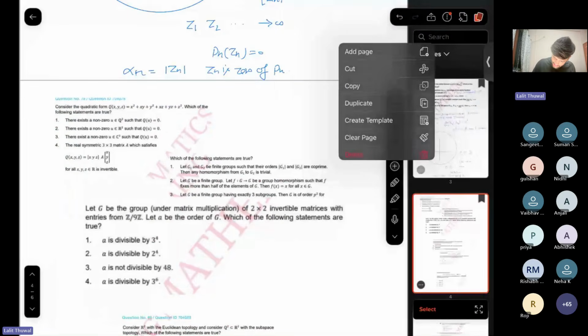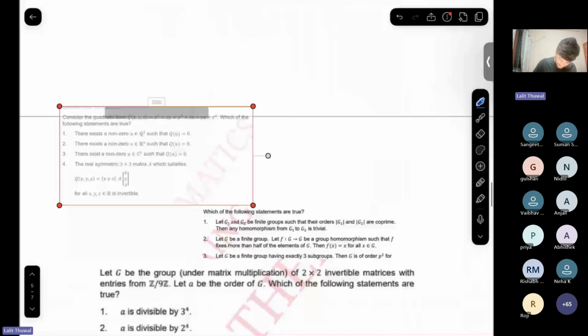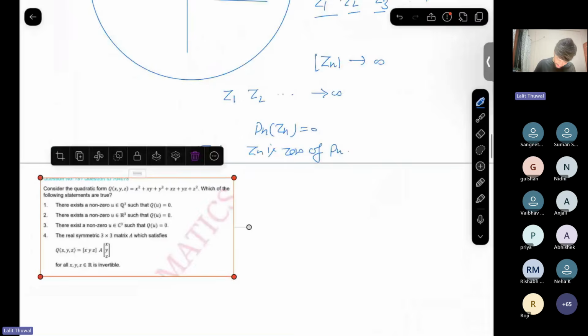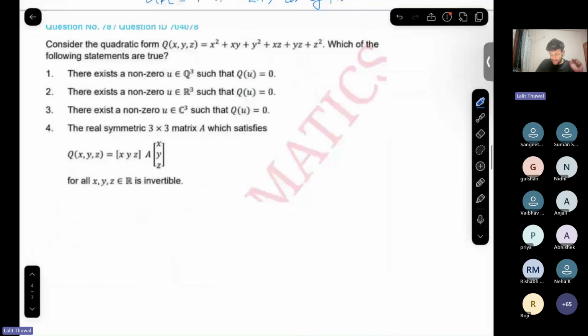So let us discuss this one. So now you will solve this, okay? And let's go very quickly. Consider the quadratic form q(x,y,z) = x square + xy + y square + xz + yz + z square. Which one of the following statements is true? There exists a non-zero u in Q cube such that q(u) is equal to 0. First of all,